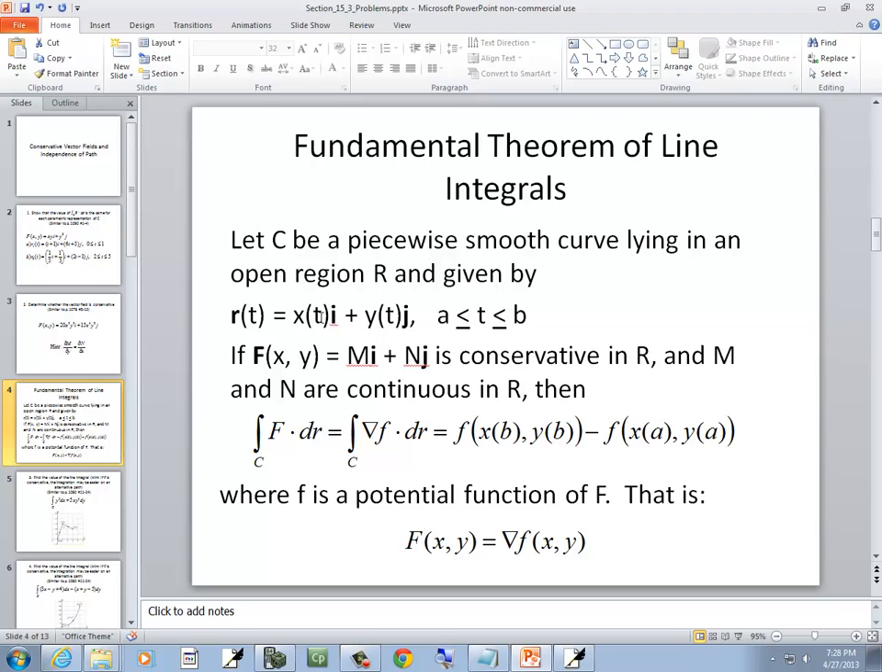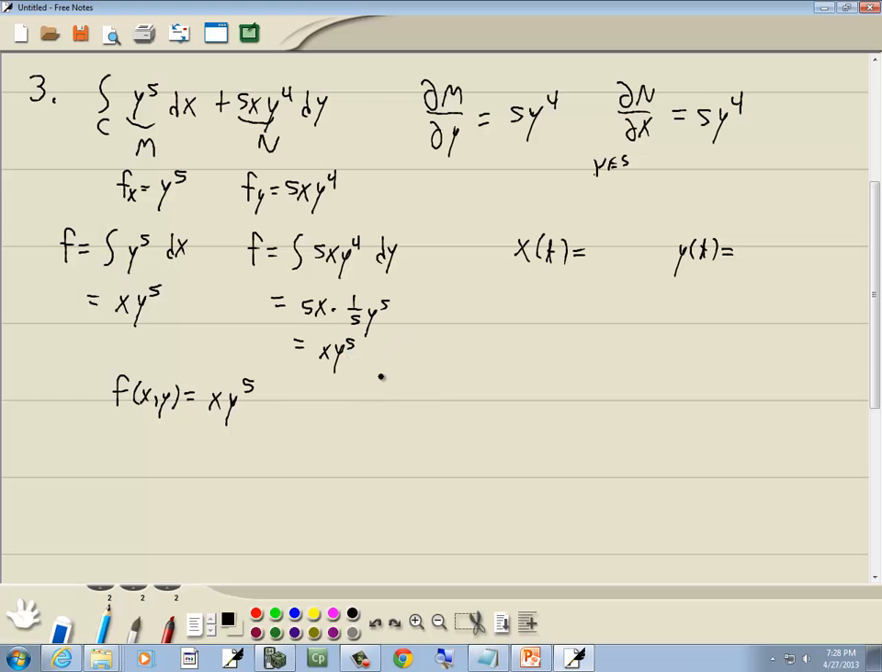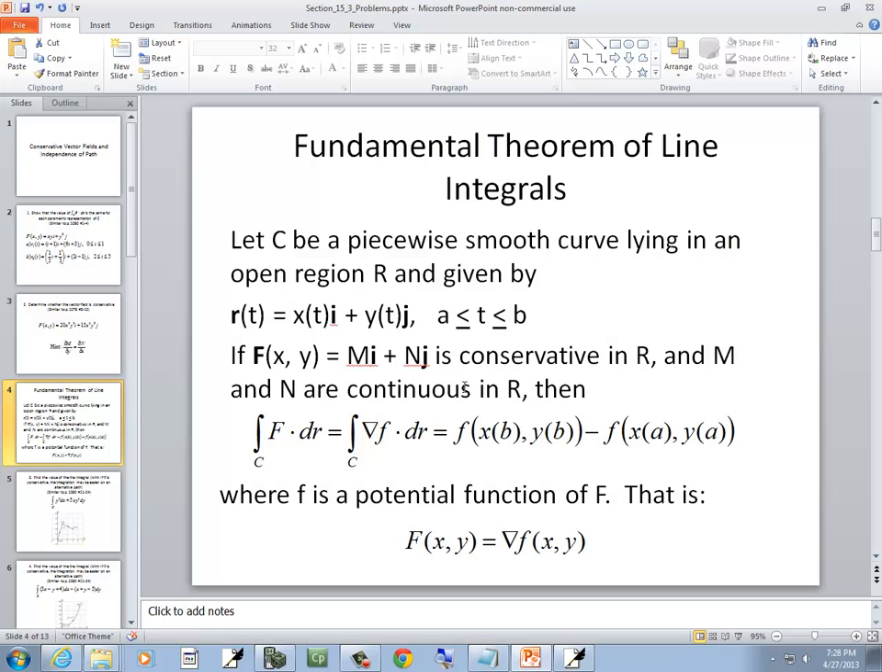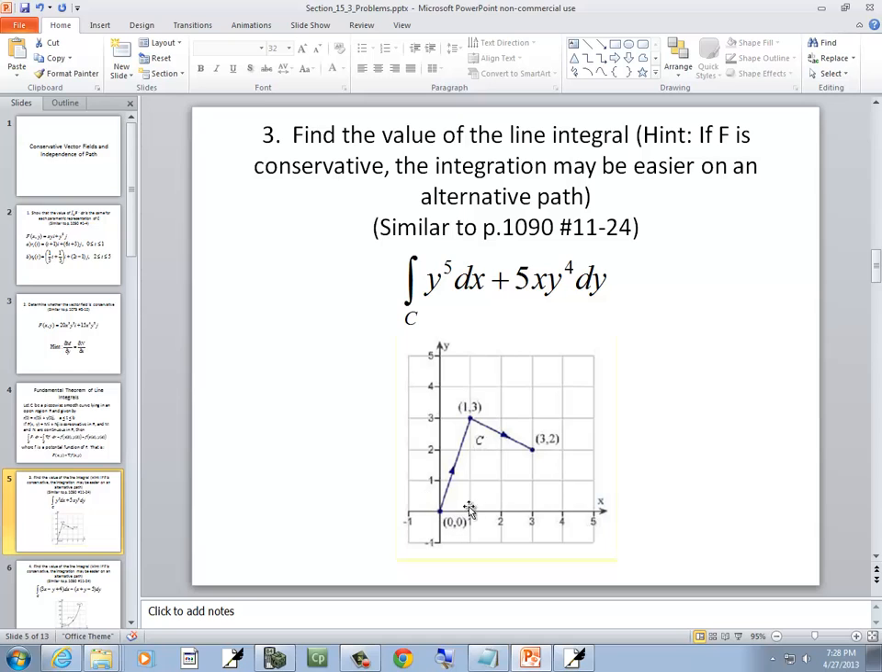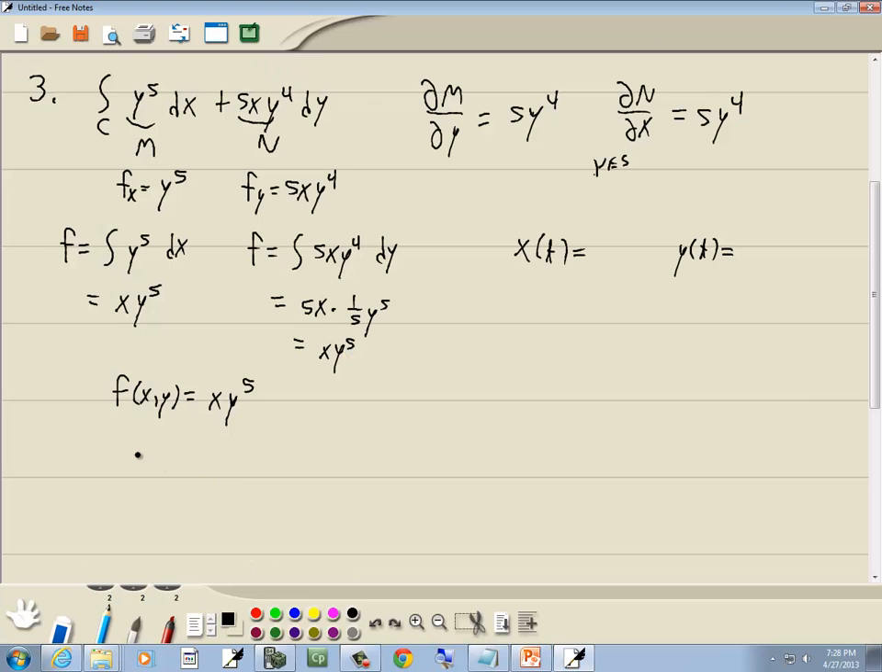We don't have the r equals, for example. So when we're doing this, you kind of skip over that step. We can know f of x, y, and it's going from 0, 0 to 3, 2. So we're going to put in 3, 2,